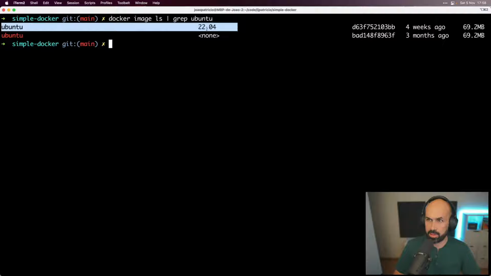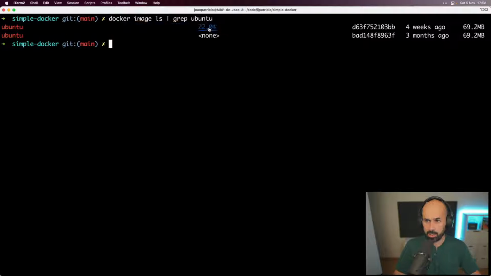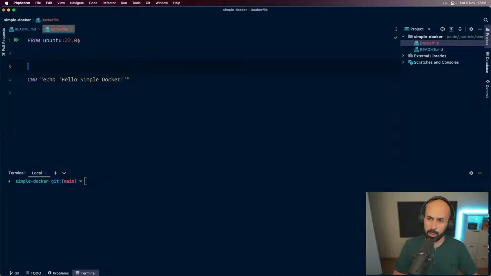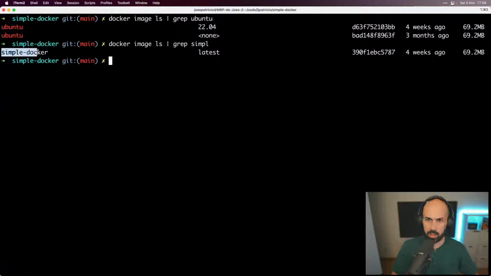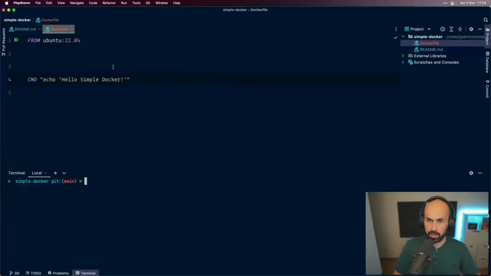What matters is this image is present on my machine, so it didn't need to download. So from this operating system, we said this is the base for our image, and we ran this command. So now that I have built this, I also have an image called simple-docker:latest, and that's it.